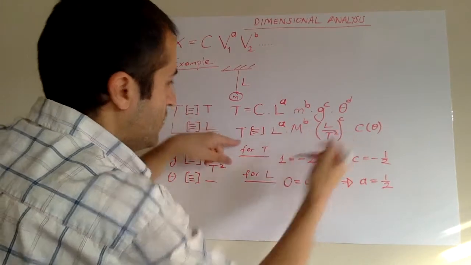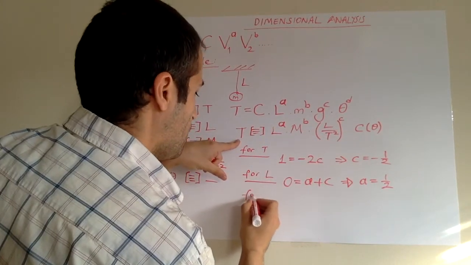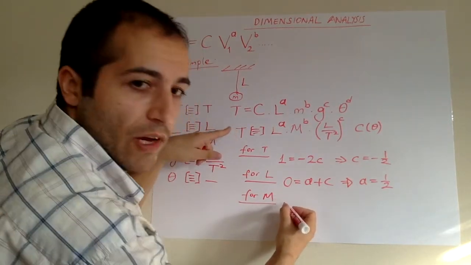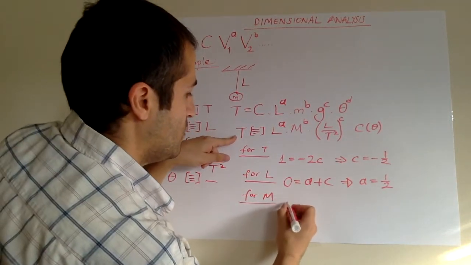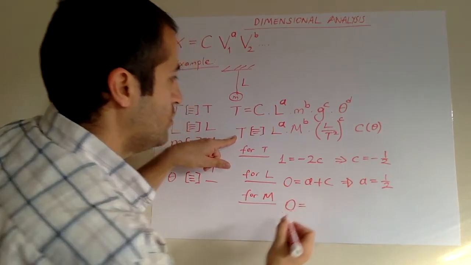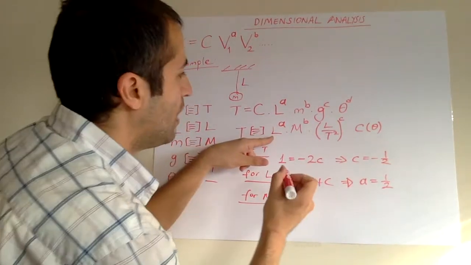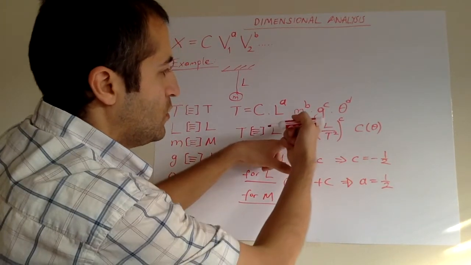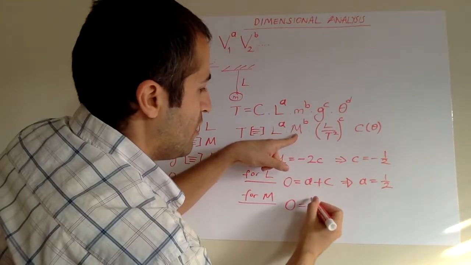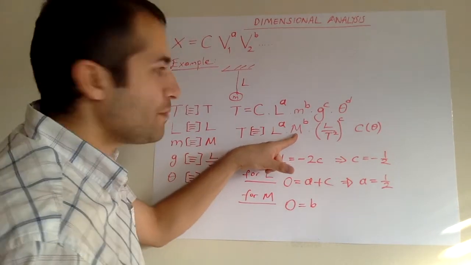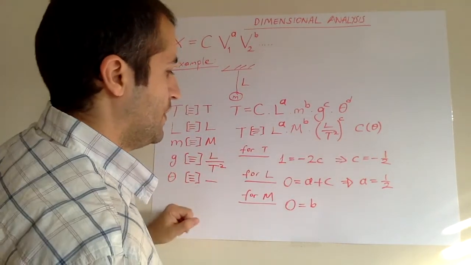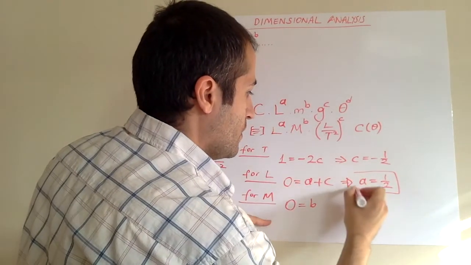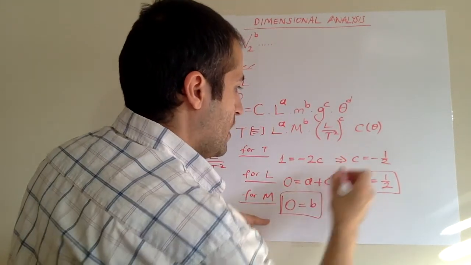We can write down another equation for mass. For mass units, on the left-hand side, we have m to 0. We don't have any mass, so it's 0 is equal to. We're only writing down the powers of these terms. We only have the mass here, so it's m to b. So I write down b here. There's no other m, so it's this one. So we have found a, b, and c